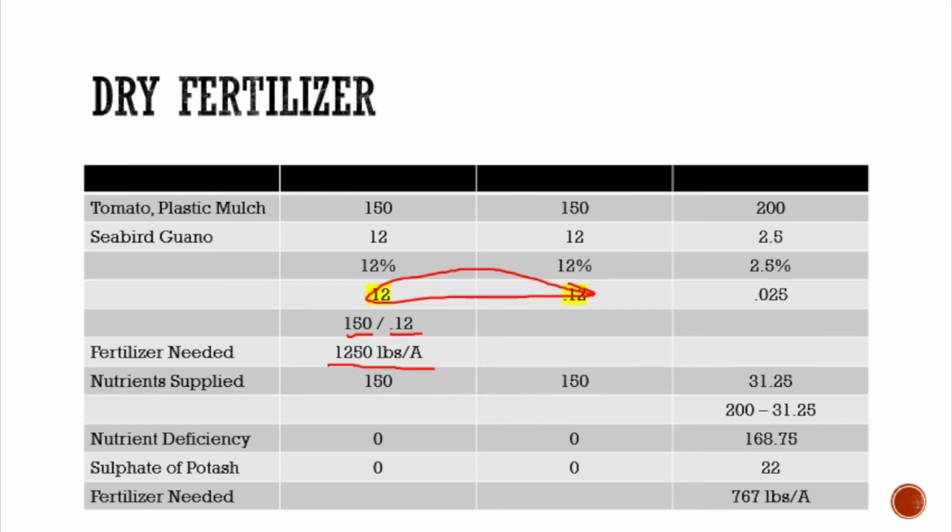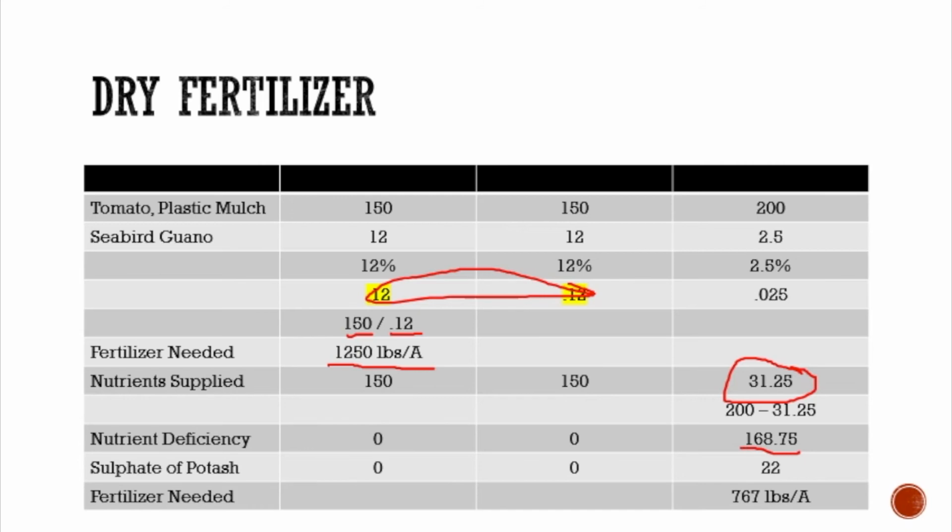If we take the 1,250 pounds, multiply that by the 0.025, it shows us that we get 31.25 pounds of potassium in that seabird guano. If we need 200, we subtract the 31.25, which means we still have 268 pounds of potassium that is required